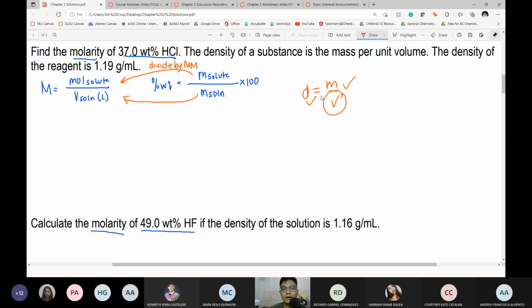Okay? So, ibig sabihin, kaya talaga natin i-convert yung percent weight into molarity. We can really do that, no? All we have to use is the density formula. By using the density formula, we can convert mass of solution to the volume of the solution. Kasi ito na yung density ng solution. So, always, when you are asked to convert one unit into the other, the first thing you have to keep in mind is to